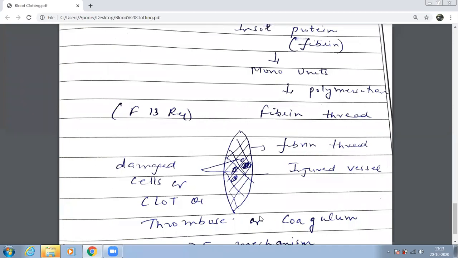In the second step, prothrombin converts to thrombin in the presence of prothrombin activator and calcium ions. In the third step, fibrinogen, which is a soluble protein, converts into fibrin, which is a monomer, in the presence of thrombin. And then fibrin converts to fibrin thread, which is a polymer, and this process is known as polymerization.